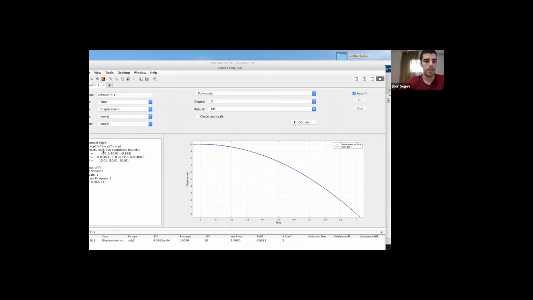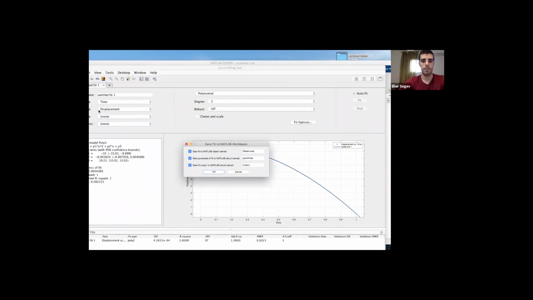Now, here we see underneath the goodness of fit. So we can see the R squared is 1, which means that it makes sense. Now we want to save this data, okay? So what do we do? We go to Fit and Save to Workspace. I press here